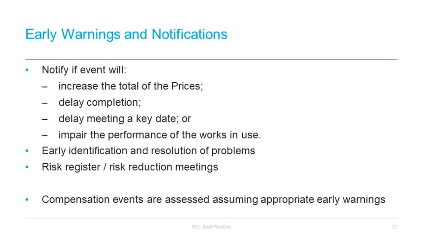Early warnings and the risk register are used so that the project team can plan accordingly and mitigate the risk where possible. This is not required if the issue has previously been notified as a compensation event. Either party can then call a risk reduction meeting to seek solutions, to decide on actions, and to decide if any risks can be avoided or passed, and then can revise the risk register. It is common practice for such a meeting to be called after an early warning notice has been issued. However, the meetings can also be held periodically to assess the status of ongoing risks on the risk register.